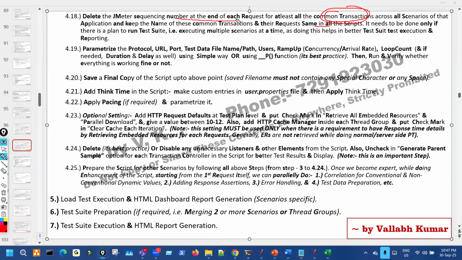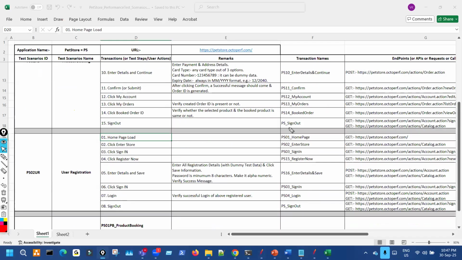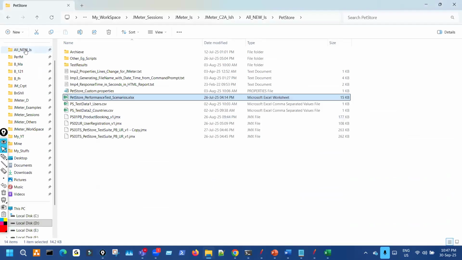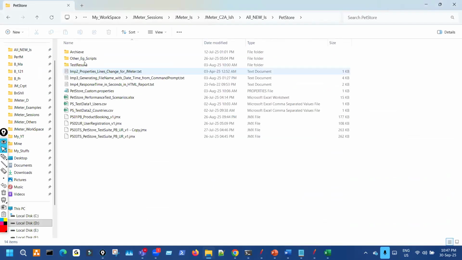Now, why delete that, and why have I removed this? I have not given a number to sign out, right? If you see, only PS sign out, no number. There is a reason for it. So the reason is that